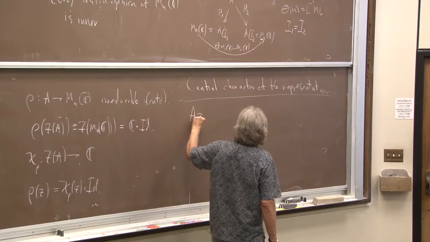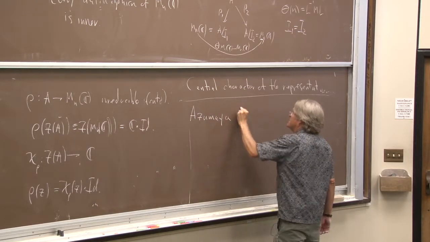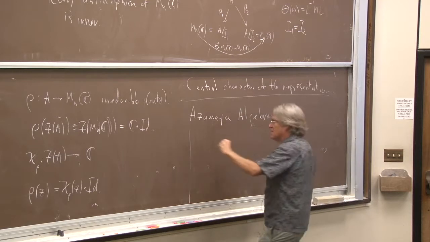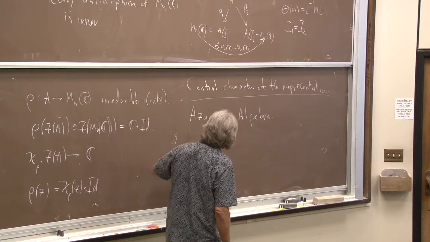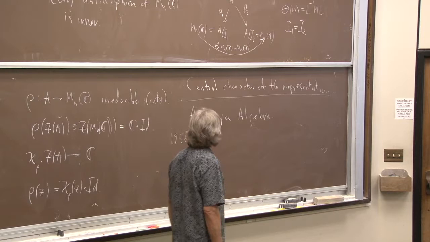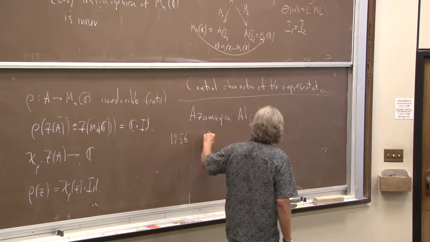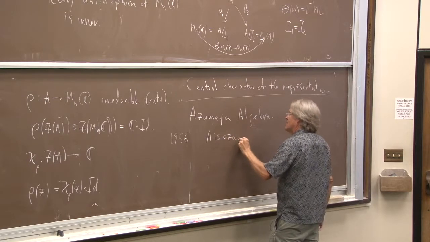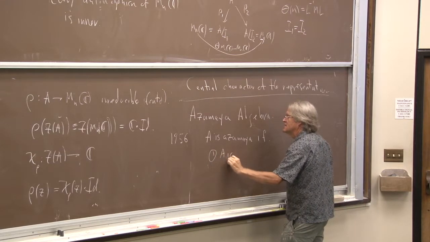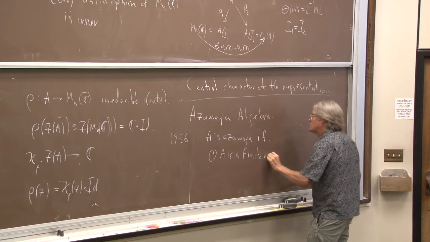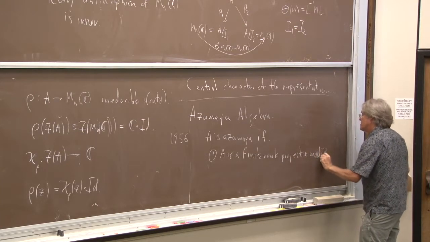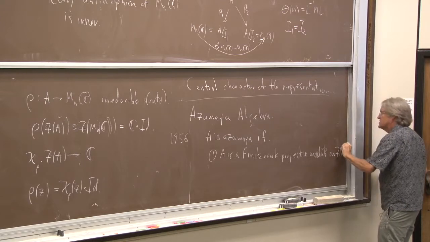And that's what Azumaya algebras are all about. So these first appeared as maximally central simple algebras in 1956 in Azumaya's PhD dissertation. And so A is Azumaya if, one, A is a finite rank projective module over its center,